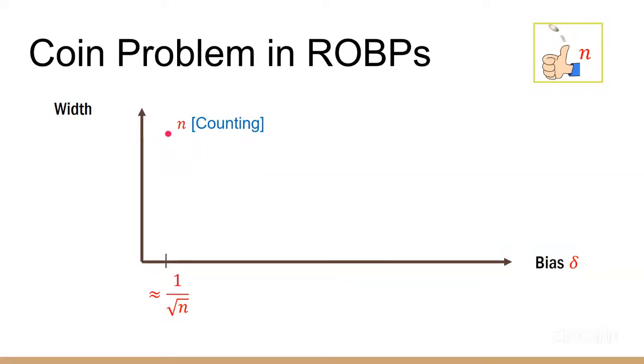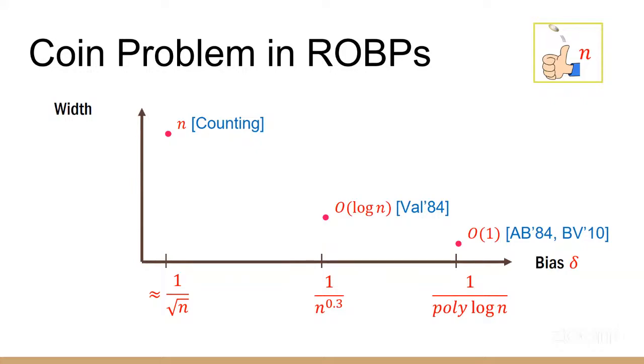So what about larger biases? Maybe we can do better. For example, we know that for constant bias, we only need constant width branching programs. In fact, this is already interesting and goes beyond low space algorithms. That is, we can actually solve the coin problem for 1 by polylog n bias with only constant width branching programs. And now even more surprising is that we can,